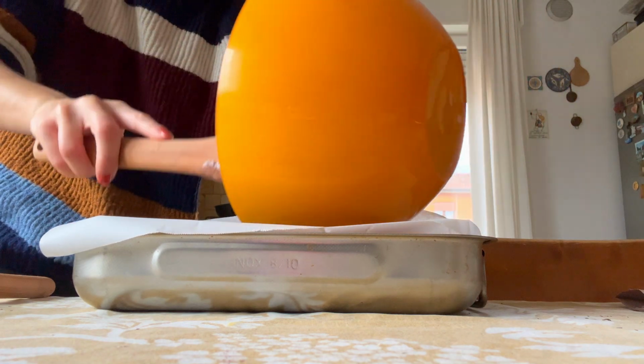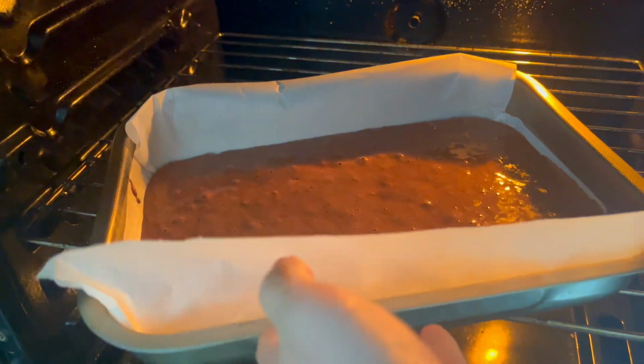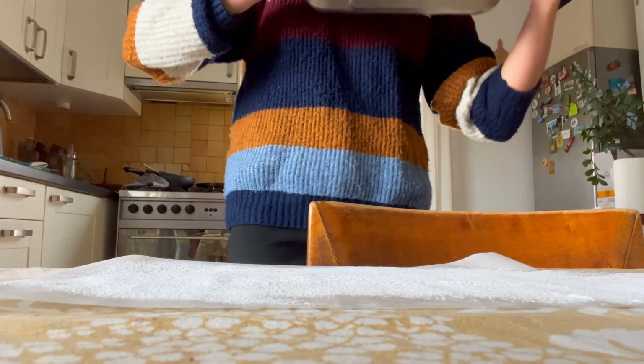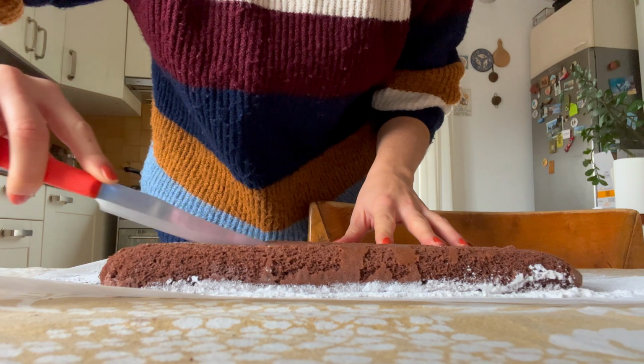it into your tin from no great height, as we don't want to burst any of those lovely little air bubbles. Even it out before getting ready to put it in the oven to bake for just a matter of minutes before allowing it to cool ever so slightly, just to the warm stage rather than hot, but not to cool completely, because we want to turn it out onto a lovely icing sugar coated piece of paper, score it